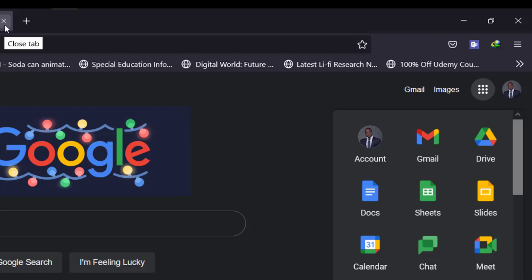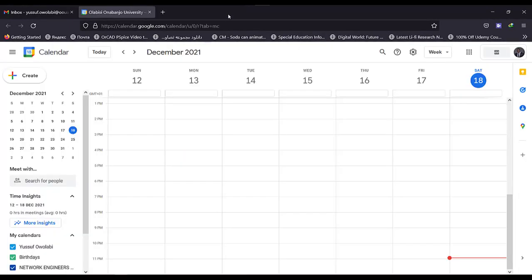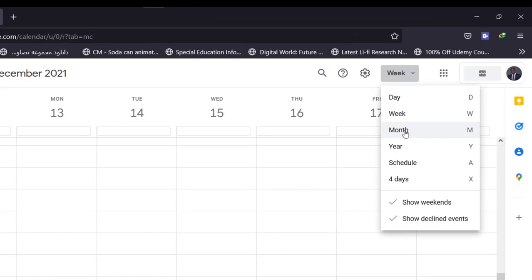See, the same thing. You can view from here either by week, month, or year. So we click on the month,